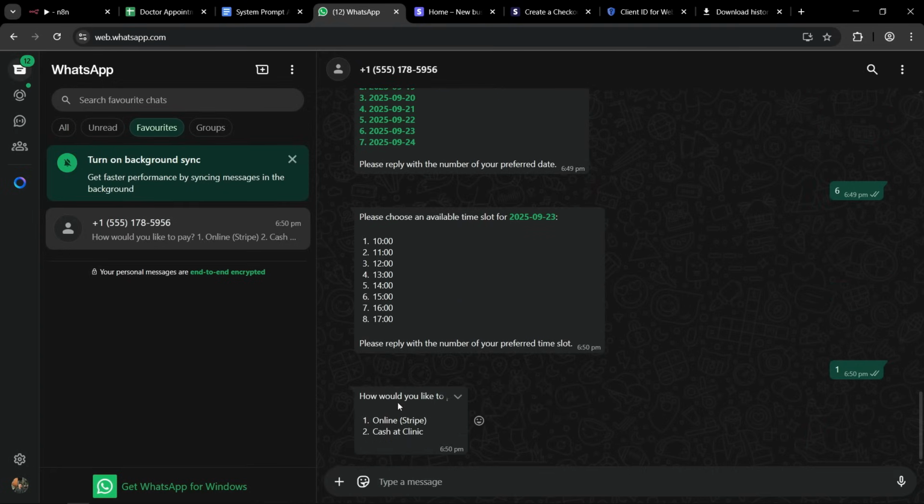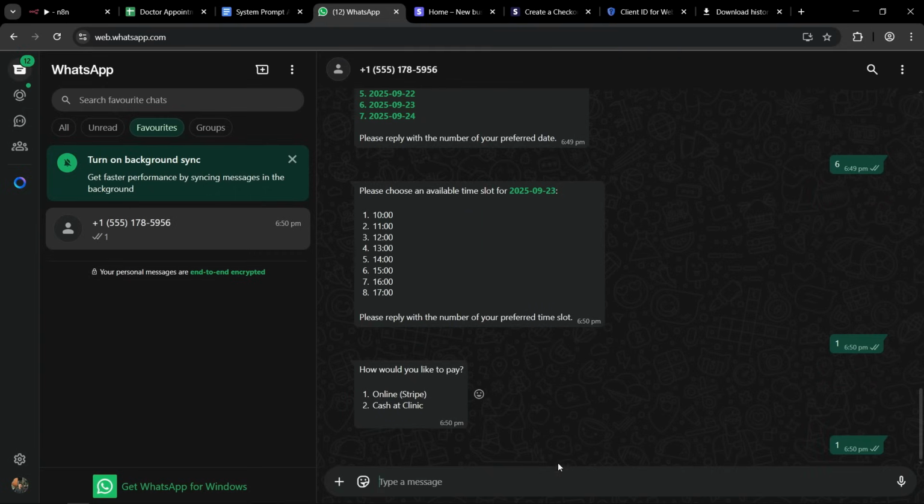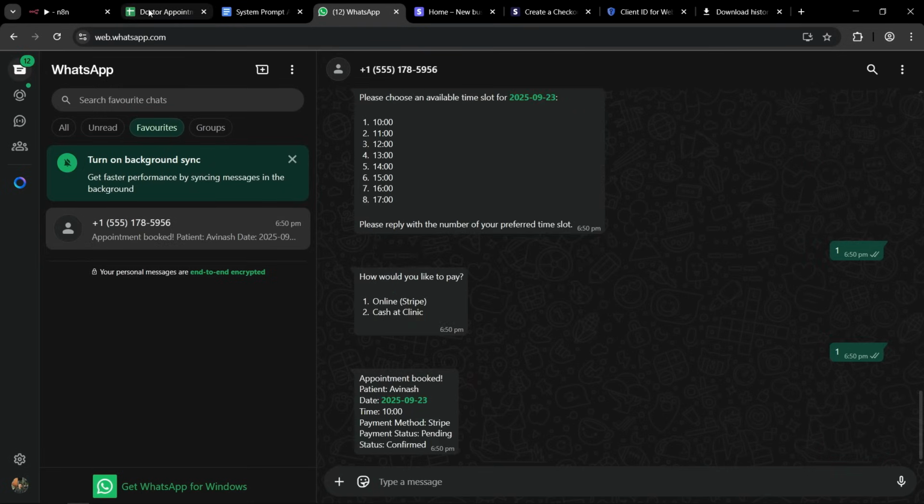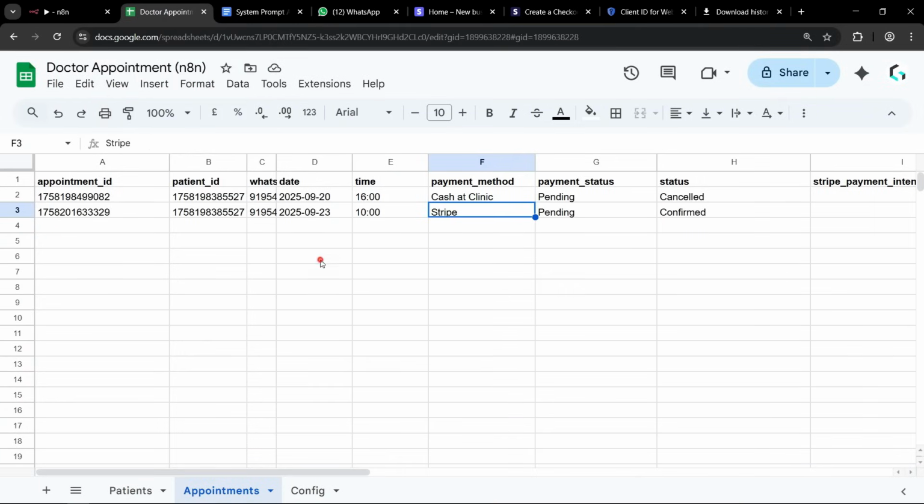After that, it is asking for the payment method. So I'm going to choose the first option, that is online or Stripe. Let's send one. So it will use this online option, right? And after that, the appointment will be created. So if I open this appointment sheet, you can see here we have a new appointment and the payment method